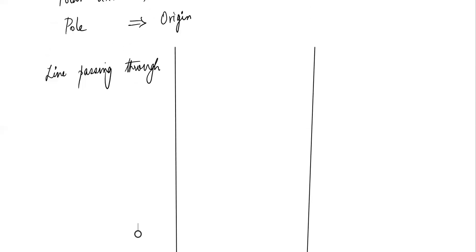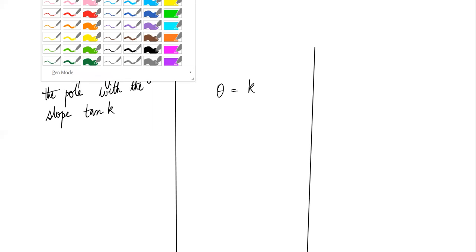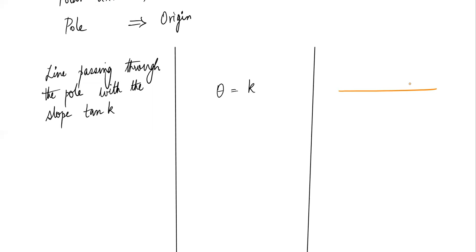A line passing through the pole, the origin, with a slope tan k, where k is a theta. So then theta equals k. So if this was how you have your angle, k is some value, right? Then your graph, I'm going to just sketch it,